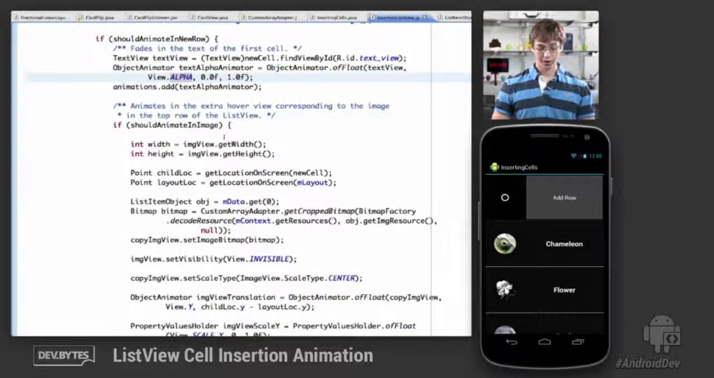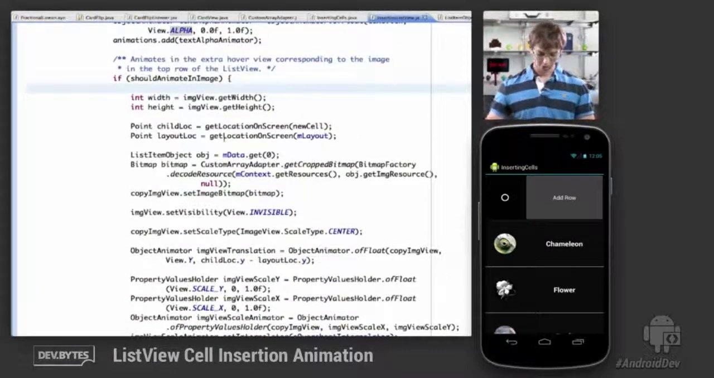And in regard to the image, there's some math that I need to do to determine where it starts and where it has to end. But after all of that is done, all you need to really know is that the image view in the cell has to be set to invisible while the animation is happening, while the copy image view has to be